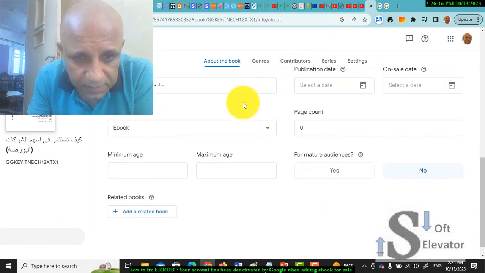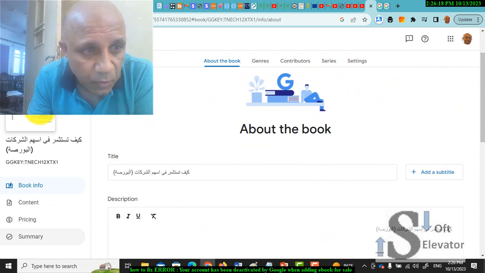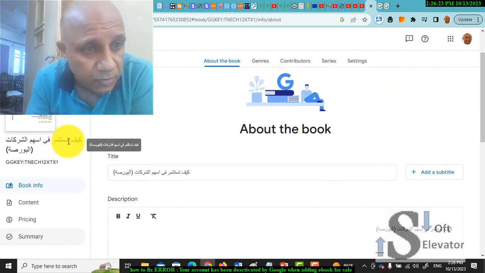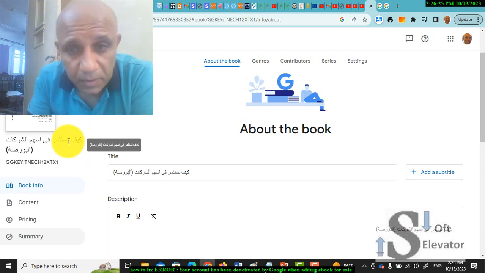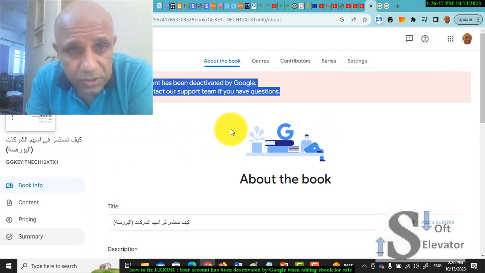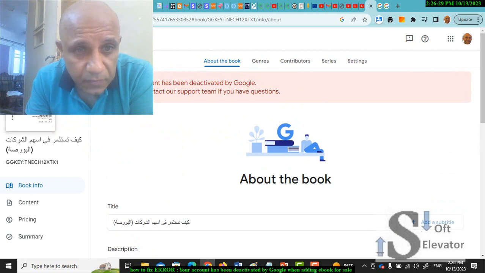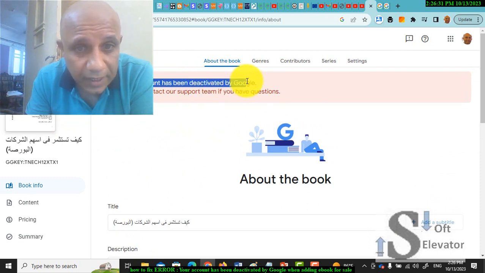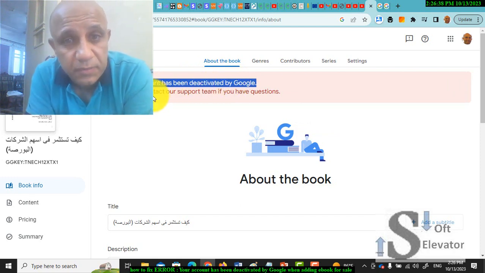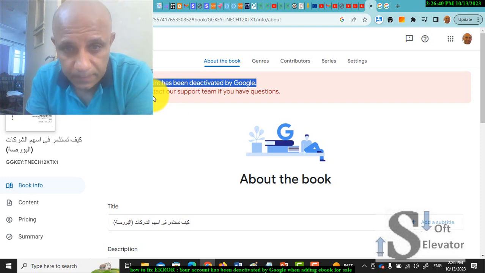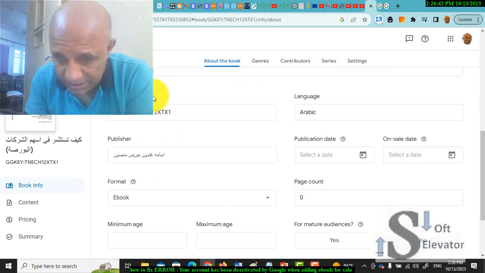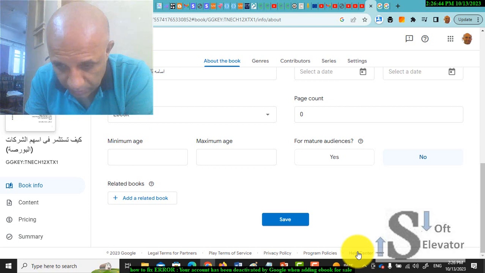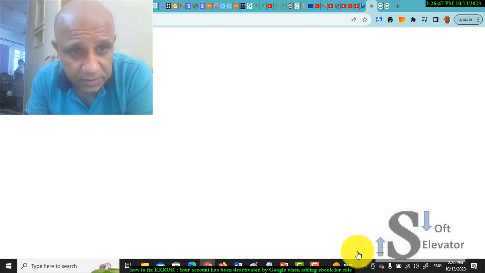We have books here, and this book is in Arabic, about how to invest in the stock market. It's an Arabic book. So I get this message: your account has been disabled by Google, and it asked me to contact our support team in Google if I have any questions. So this is a big problem. So we go to the help center here, click on help center,